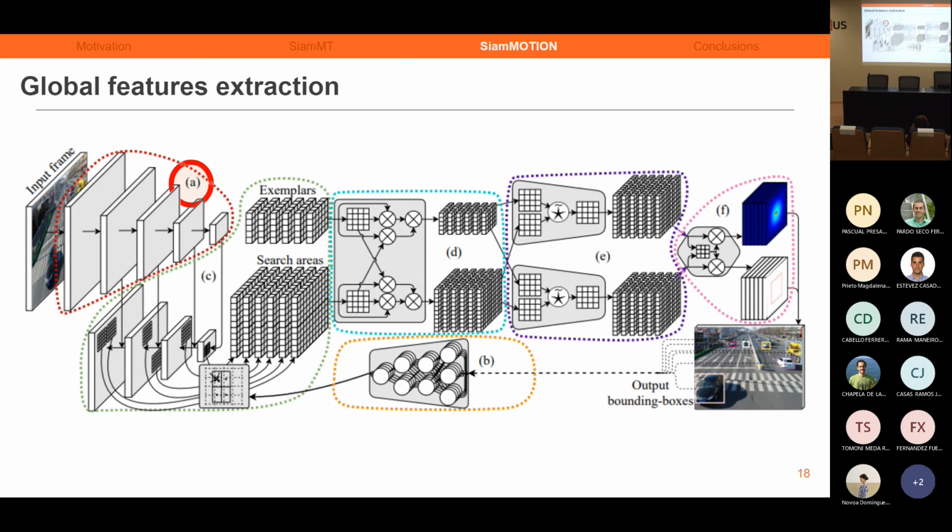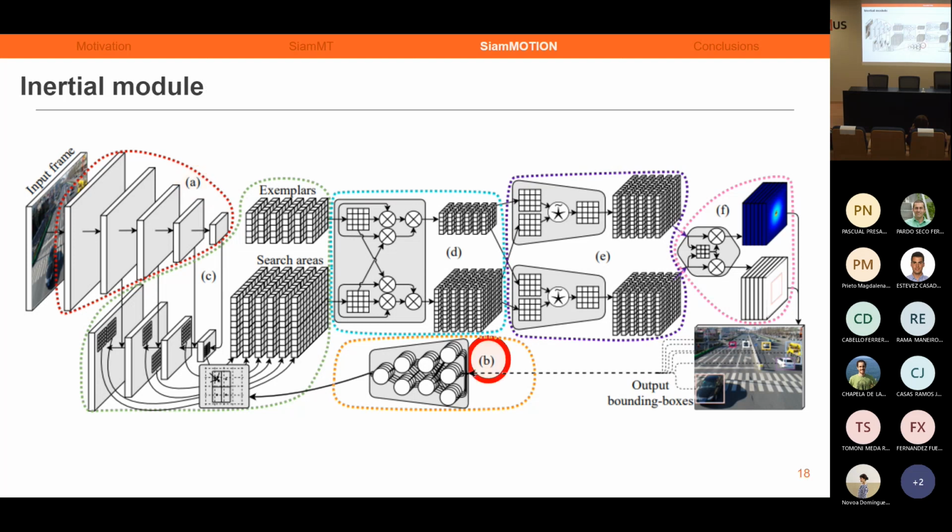However, in SiamMOTION, we no longer use an AlexNet backbone without padding. We use a ResNet. This allows us to extract much deeper features and maintain the information at the edges of the image. This information at the edges is especially important, as most of the objects enter and leave the scene on the edge of the frame.